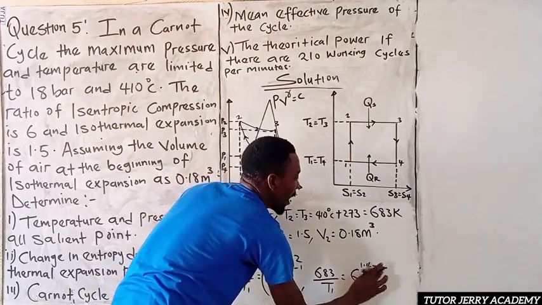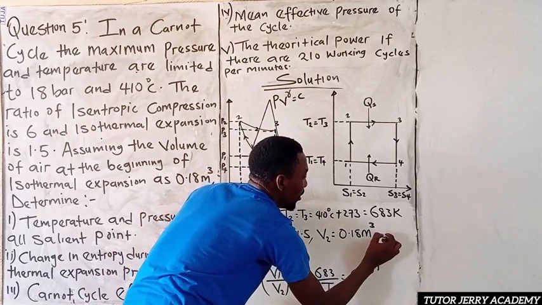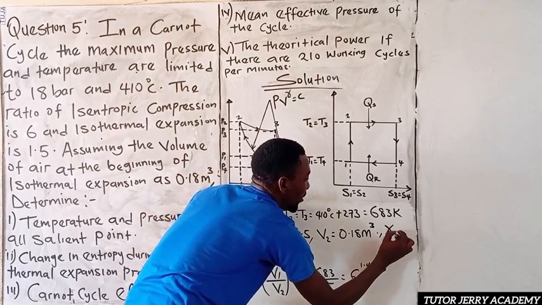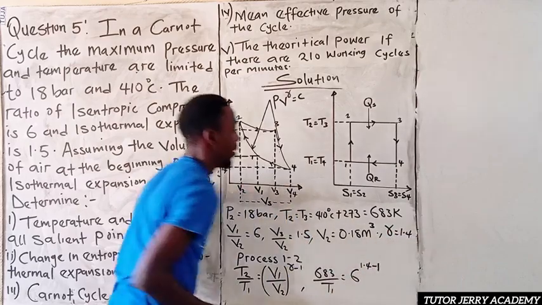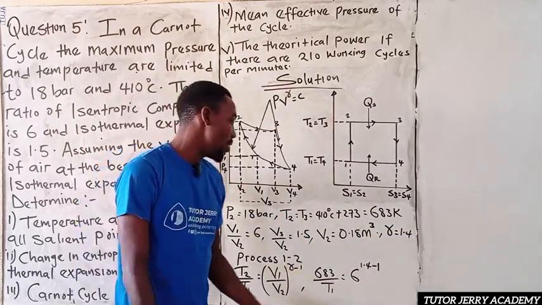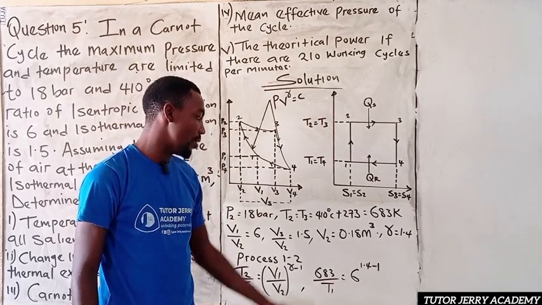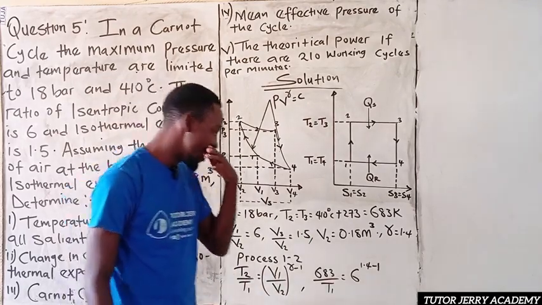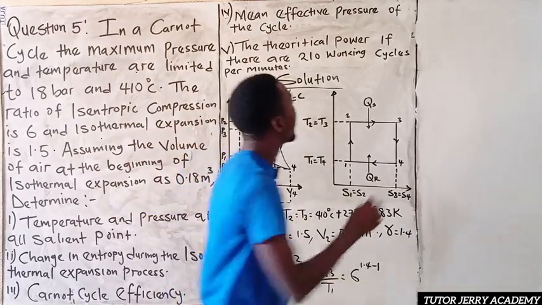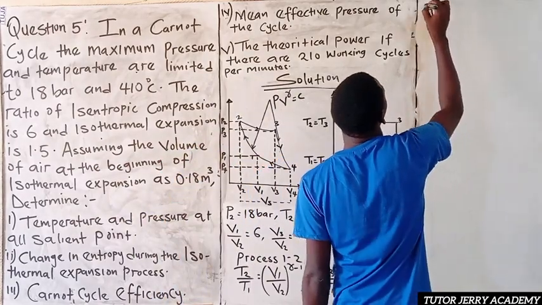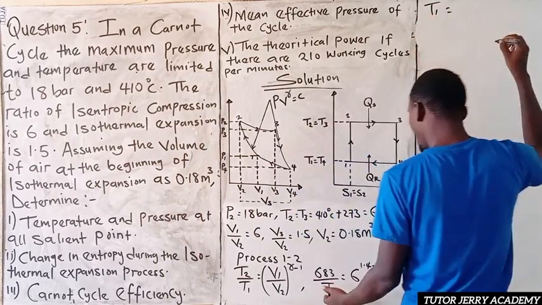Please take note that our gamma is equal to 1.4. All right, so now we want to make T1 the subject. We want to find our T1. So for us to get T1, we are going to make T1 the subject. So T1 will be equal to